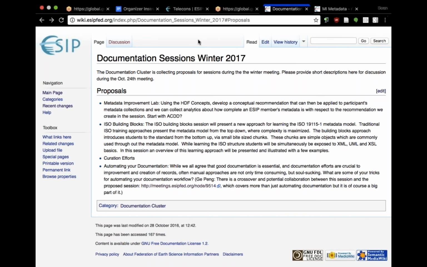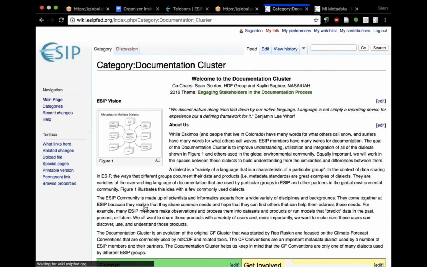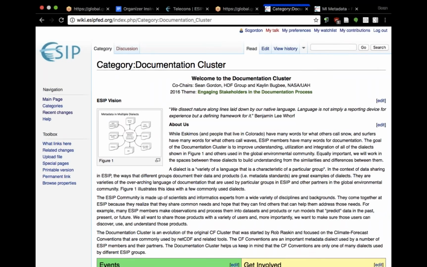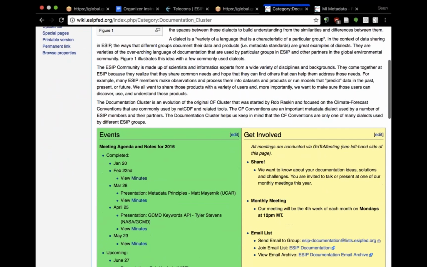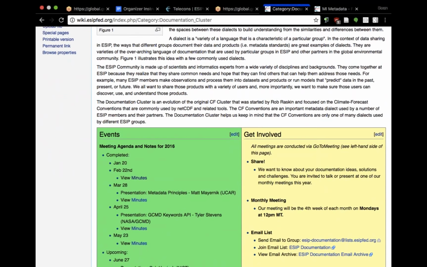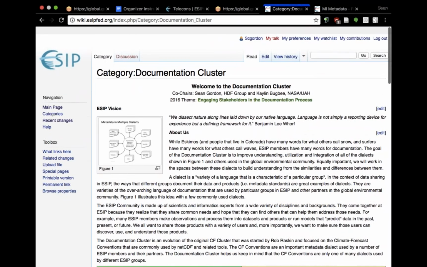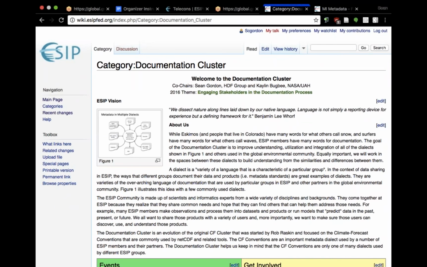Like I said, please get in contact with me. You can do that now, or you can do that offline. Additionally, as I mentioned, the documentation cluster page is in need of a revamp, and I would expect that a good explanation homepage would lend itself to creating a good poster to help get the word out about the cluster in the greater ESIP community.